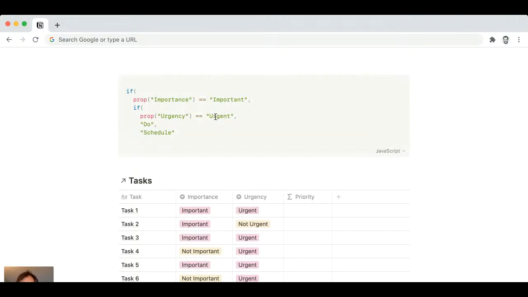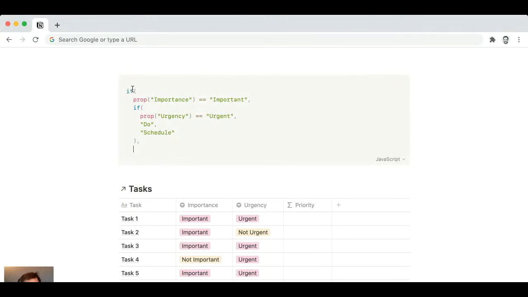So we can close out that nested if, and that closes out the second argument of our outer if. And now we're on to the third argument of our outer if, which means the value to return if importance is not important. So once again, we want to test if